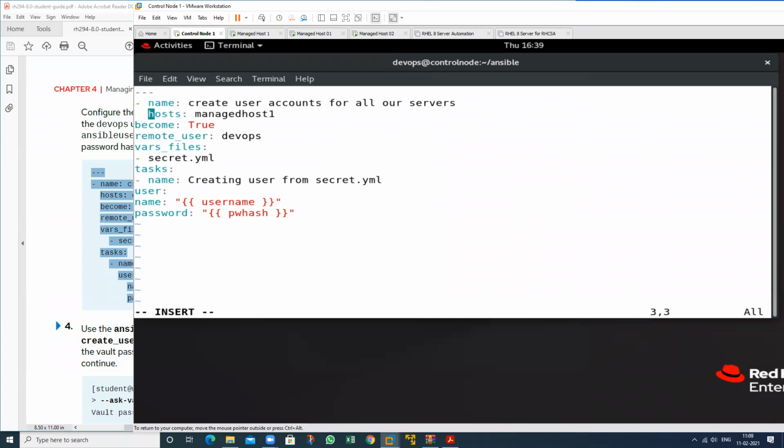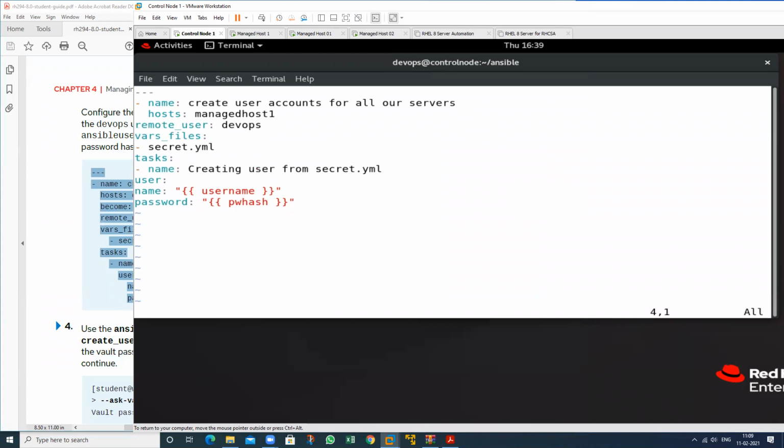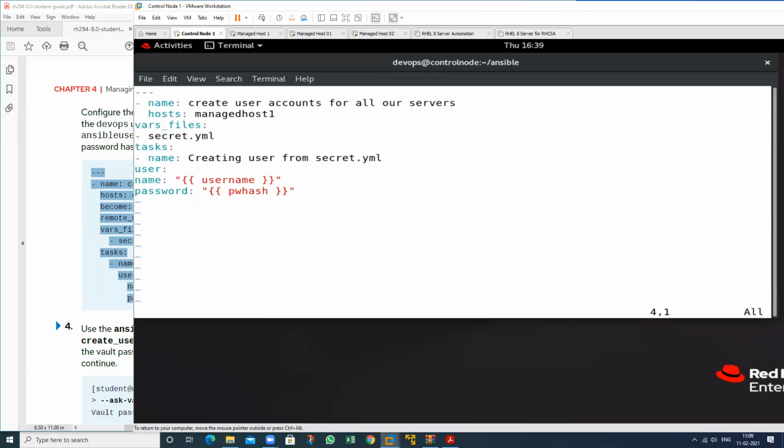Use proper indentation. We can take the playbook from the previous node 1 also. Yes. The remote user, delete this one also. This is vars_files, so we can also call the value from another file.